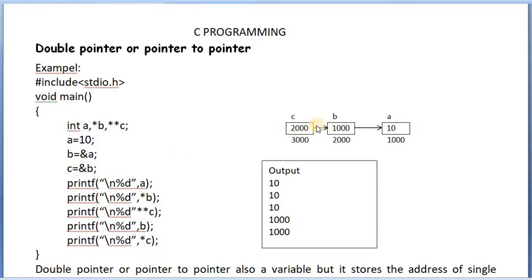This line indicates that c refers to b, and b refers to a. This indicates a pointer line. Then what is the output of this program? How to access the values using a double pointer and a single pointer? Here when we print a, we get 10, simply the value which is in a. And the double pointer also has an address. This address also we can store in some variable, but that variable must be a triple pointer.